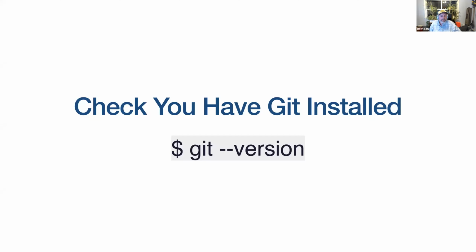So let's try it out. If you have Xcode installed on your computer, you're not going to need this because you're going to have Git installed by default. But if you're ever in a different environment and you want to check which version of Git you have installed, you would use the command git --version. That's all the command line we're going to learn tonight.